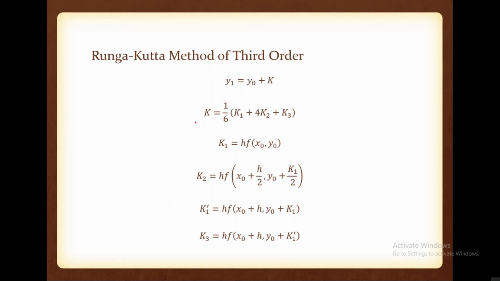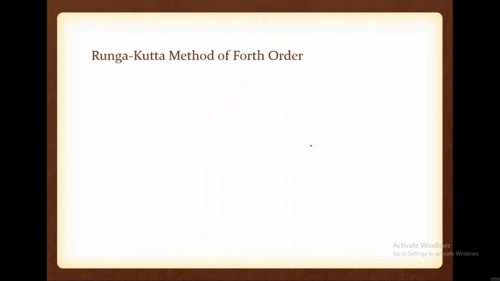There is no need to note down this equation. This one is Runge-Kutta method of third order. Now the most important one, Runge-Kutta method of fourth order. Runge-Kutta method of fourth order is again y1 is equal to y0 plus k, where k is equal to 1